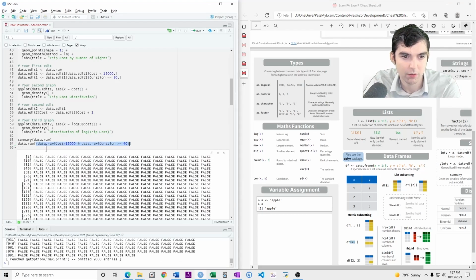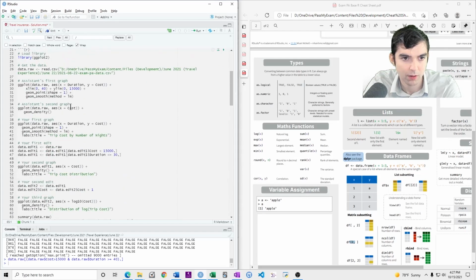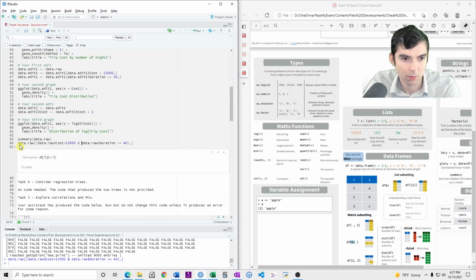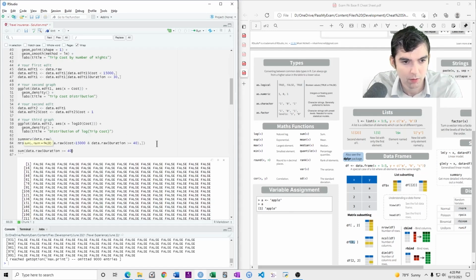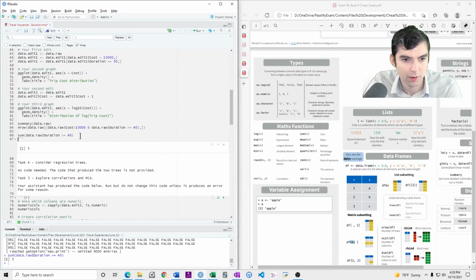So you're just selecting the rows where that condition is true. So do that, raw cost greater than 15, and then you just want to look at the number of rows. So you use nrow of all this. Why is this not true? Okay, so there are 5 rows where this is greater than 40. There are 2 rows where that's true.